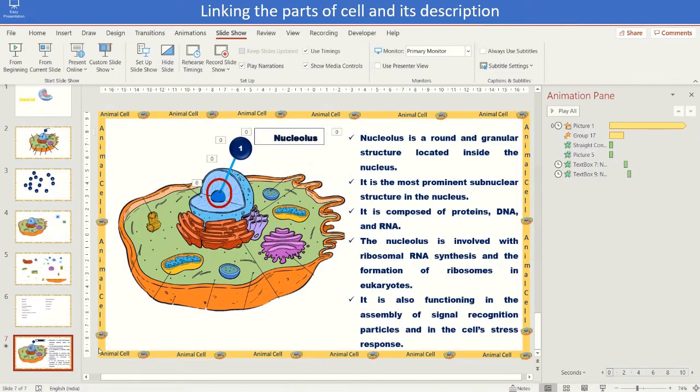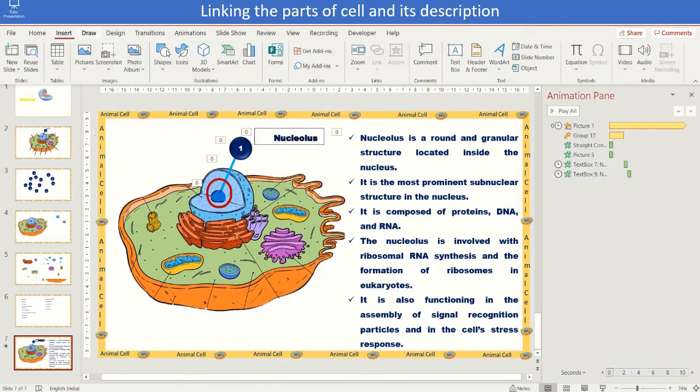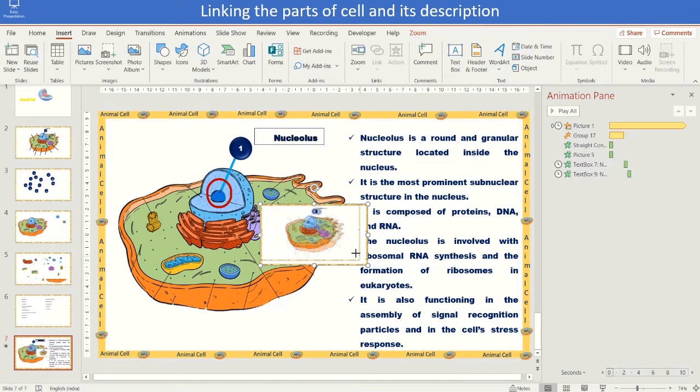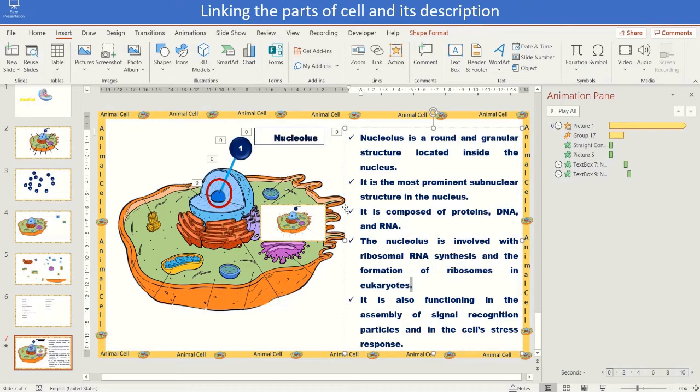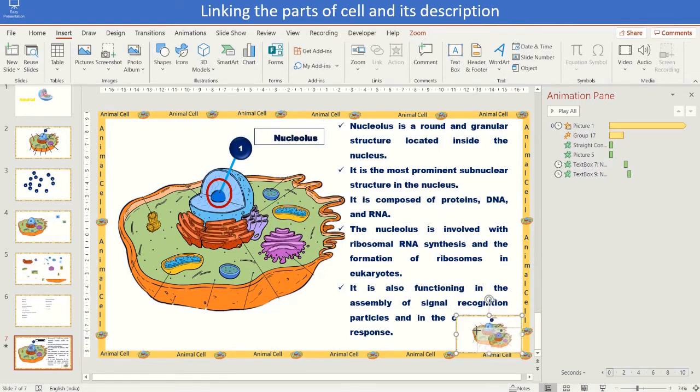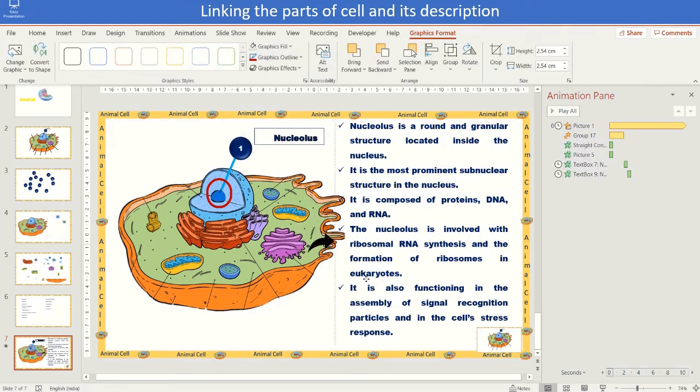Now it is time to connect the explanatory slide to the main slide. Select the Nucleolus explanatory slide, click Insert, Zoom, Slide Zoom, then select the main slide. Keep it as a small image in any of the corners. Insert an arrow icon and place it near the slide zoom.